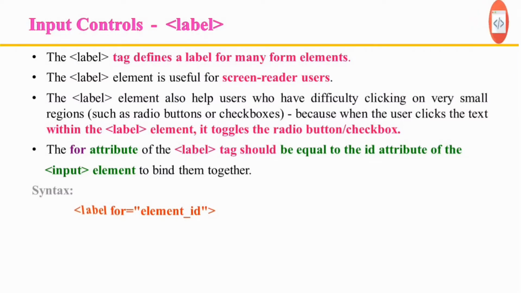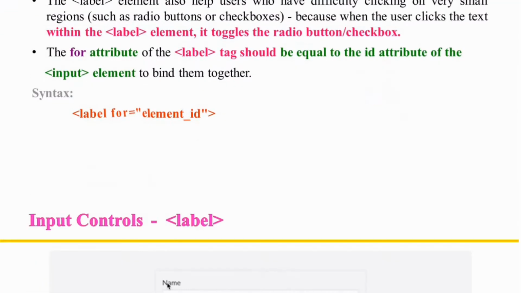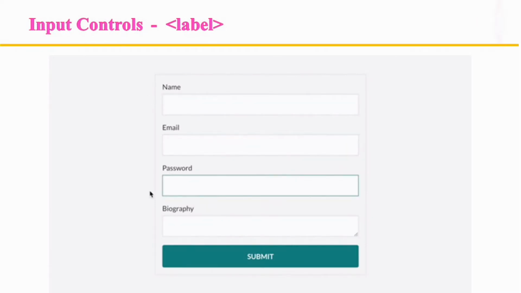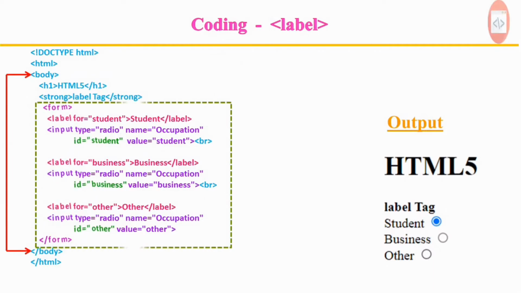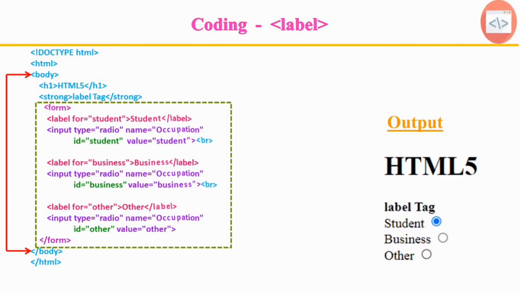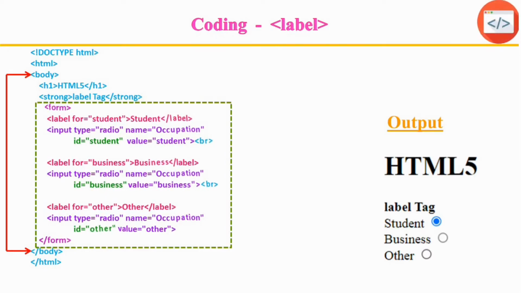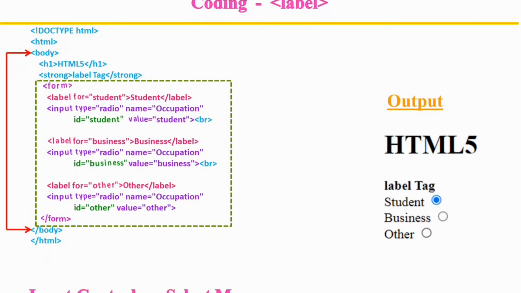The most used attribute with label is for. The for attribute associates the label with a particular form element. This is a syntax for the label element, and it contains the value which specifies the ID of the element that the label is bound to. When we click on the label, we automatically get the focus to the input field which is associated with the label, and this is the default behavior. As you see in this example, the value of the ID attribute given to the input element is the same as the value for the for attribute given to the label element. So both of them are associated with each other.